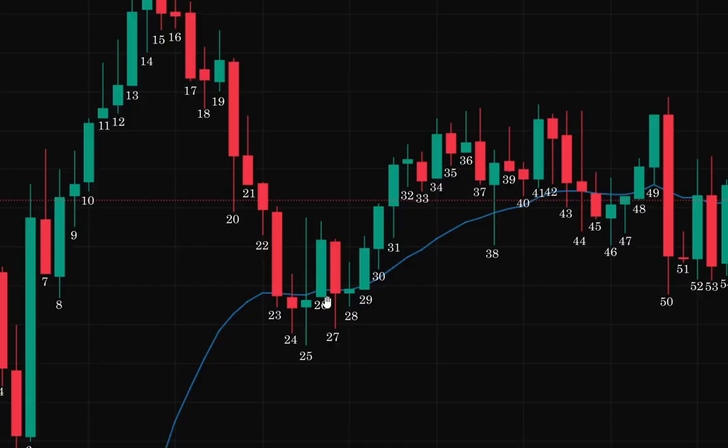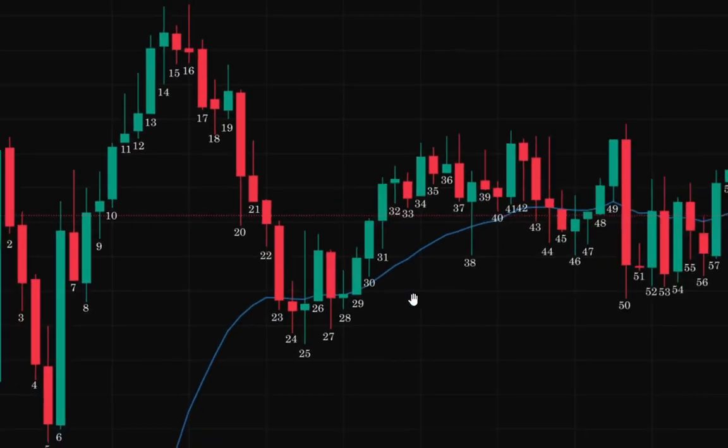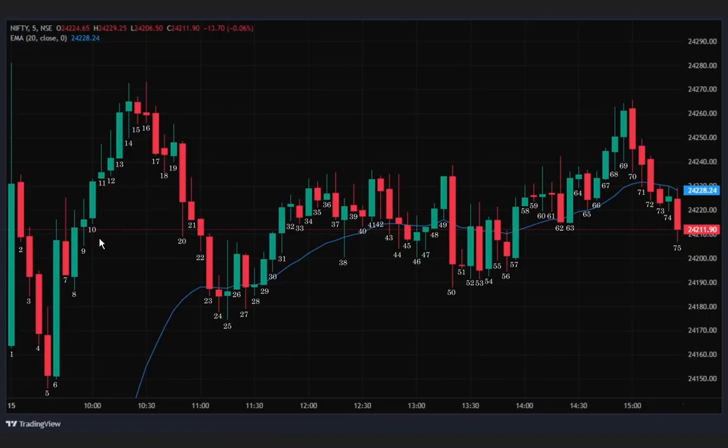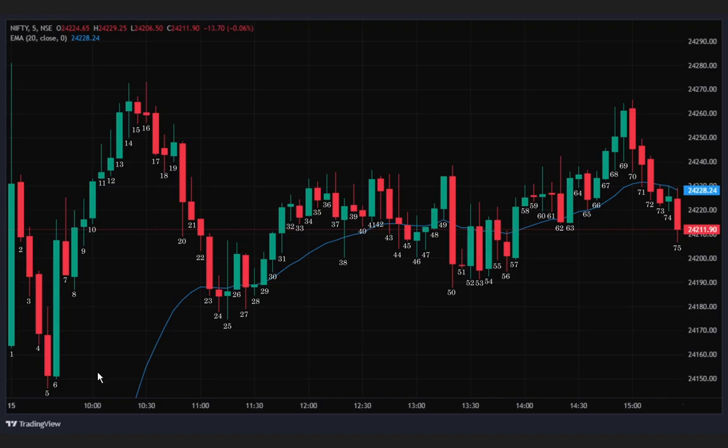Okay, after seeing this scenario, as you can see, if this is a leg, you can consider this a deep pullback. Sometimes the pullback we are hoping for is that after a breakout there should be a sideways pullback and it should resume, but sometimes the market pulls too far back, trapping the bulls and the bears also. The bulls think there will be a pullback, but the pullback reaches down to this position.